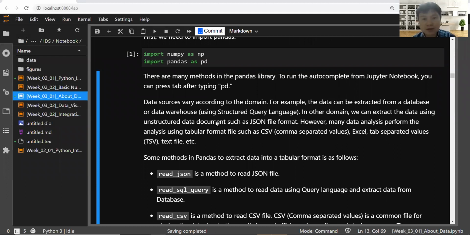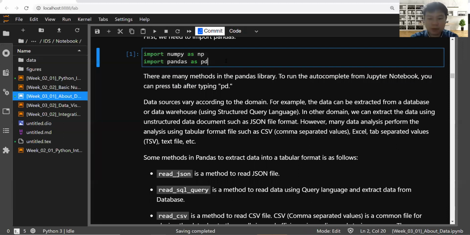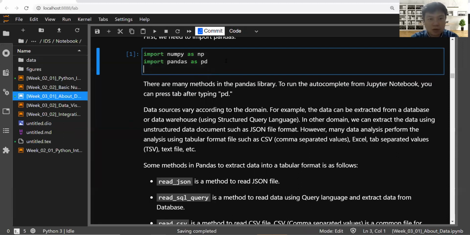So there are many methods in the Pandas library. If you want to use autocomplete, there is an autocomplete function in Jupyter Notebook. You can press tab after typing pd dot. For example, pd dot. After you type this dot, you can press tab. Do you know where the tab is? In your keyboard, there's a tab key. When you press tab,